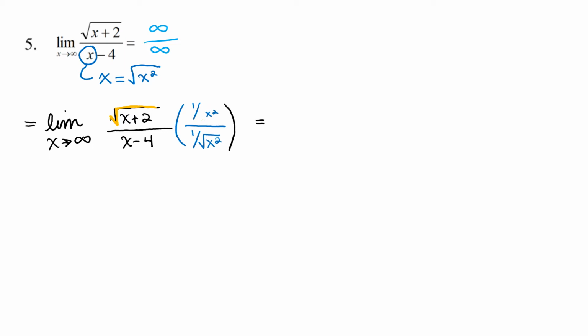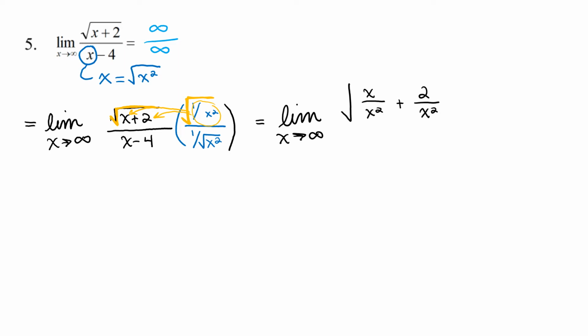In fact, we can think of this whole thing as being the square root, since the square root of 1 is still 1, which means we can actually distribute this 1 over x squared directly to each term inside of the radical. So we have the limit as x approaches infinity of the square root of x over x squared plus 2 over x squared,